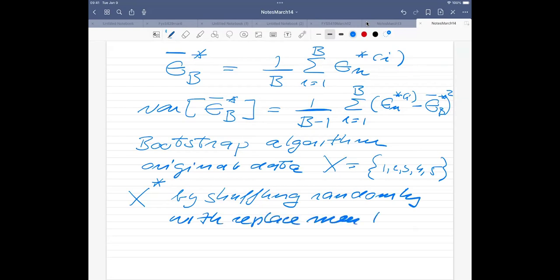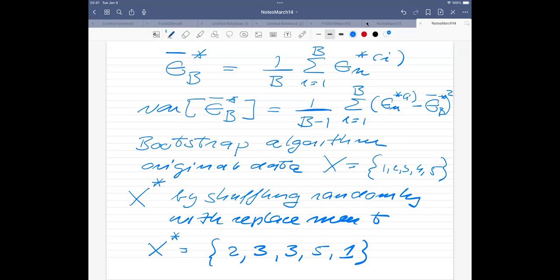And if we get some time next week, I'm going to go through the proof that this actually gives the correct values for the variance and for the mean value. But you could now reshuffle it randomly so that your X with replacement could now look like this. Could be a 2, 3. But then, since you're doing replacement, it means that you can hit the same variable more than once. So you could have 3, and then you could have 5 here, and 1. So this will be your new data set.